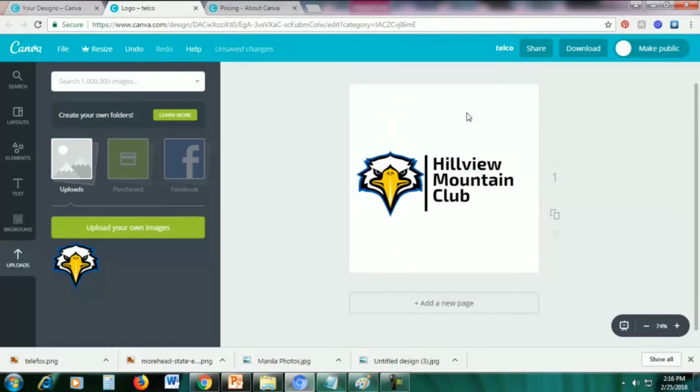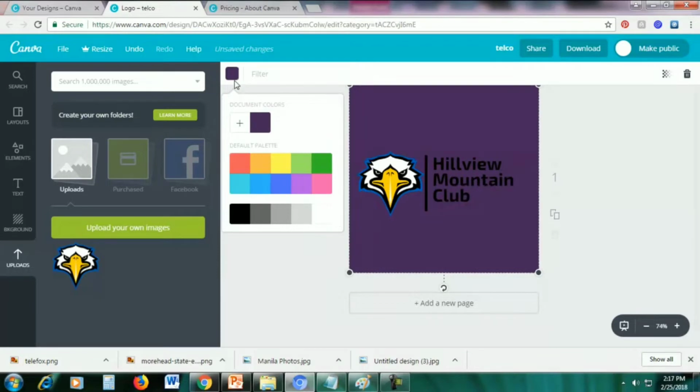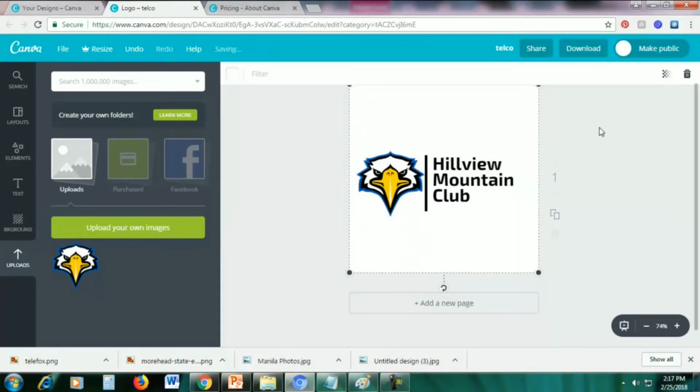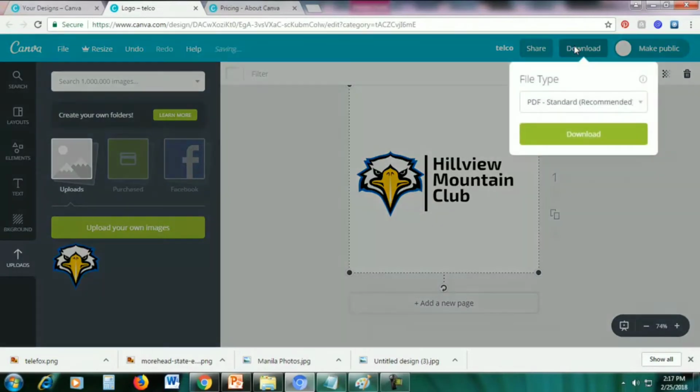Alright, so we can also change the background. Just click this white background and change it to any color that you want. Okay, but for this we'll just keep it white. Alright, so once you're happy, just click here download, and there are different file types such as PDF, JPG, and